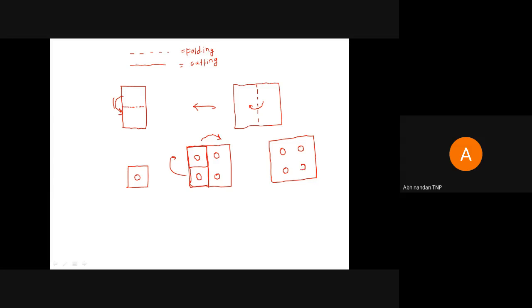So in the exam, they are giving you the folding and cutting. Folding is done through the dotted line, and cutting is done through the solid line. So this is the image you get after unfolding the paper, right? Now this is one of the simplest questions, because I have marked a circle over here, and then we go for the unfolding, and then we get such a kind of image,